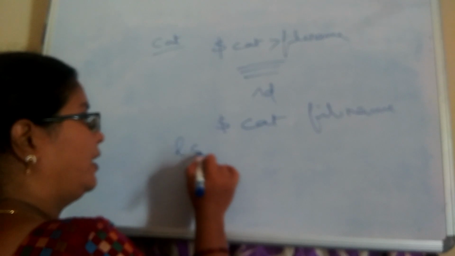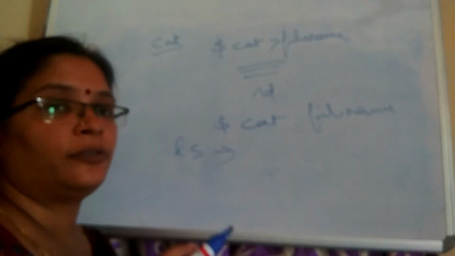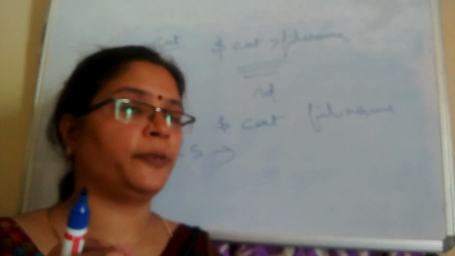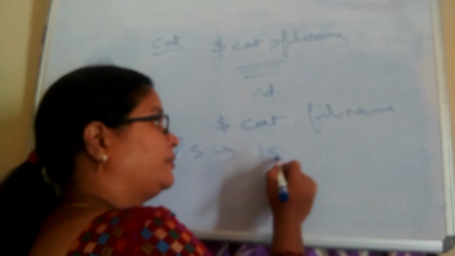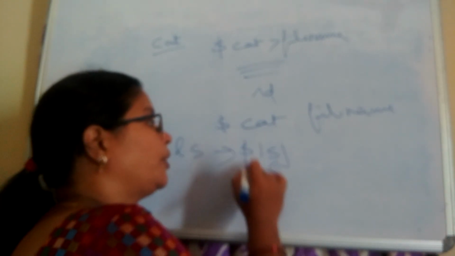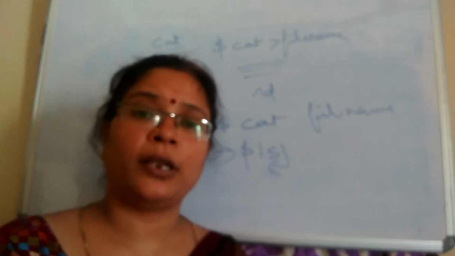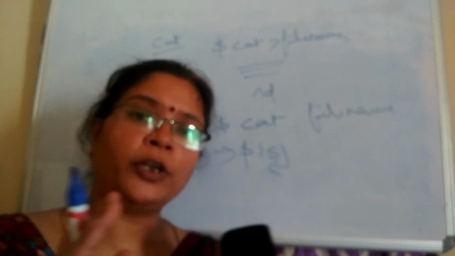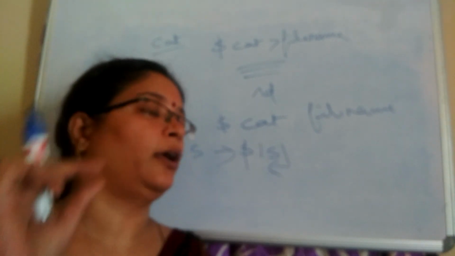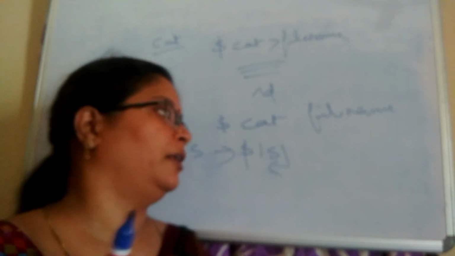Next one is the ls command. The ls command is used to list all the files and directories in the specified path. There are various options of ls also, which we will see. Simply at the dollar prompt you type ls, and it displays all the files as well as directories. To differentiate them, the directories will be in blue color, whereas the files are in another color.